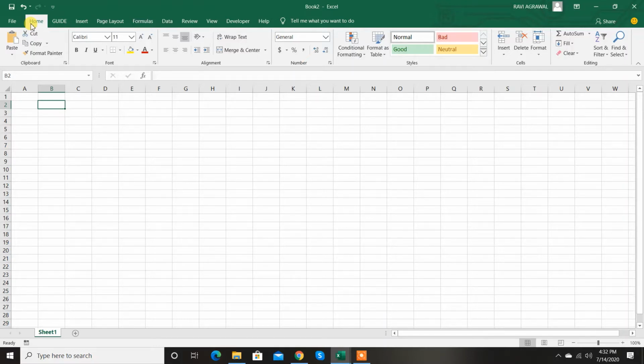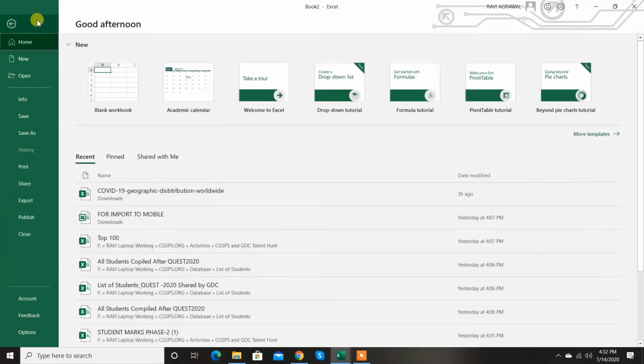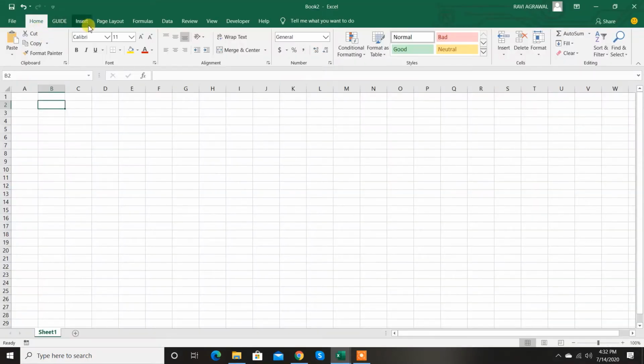These days, Microsoft even has mobile Excel apps for Windows, Android, and iOS devices. Users can share spreadsheets with colleagues that can be accessed from the office or on the go. In this article, we'll cover the main functions in the ribbon, which is what the menu bar in Excel is called. Items in the ribbon contain groups of icons that perform similar functions. These include file, home, insert, page layout, formulas, data, review, view, developer, help.